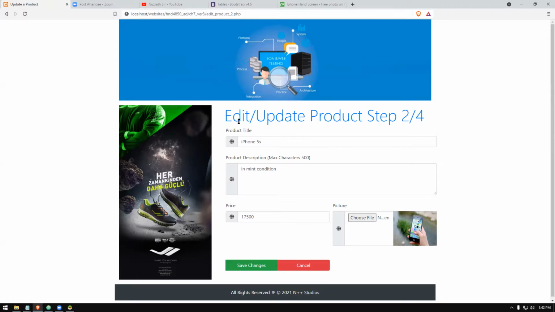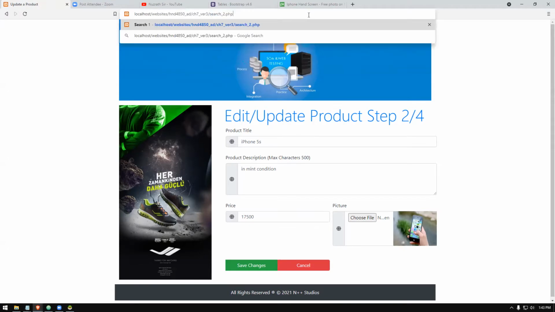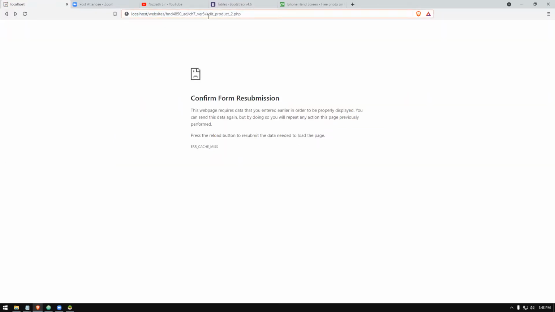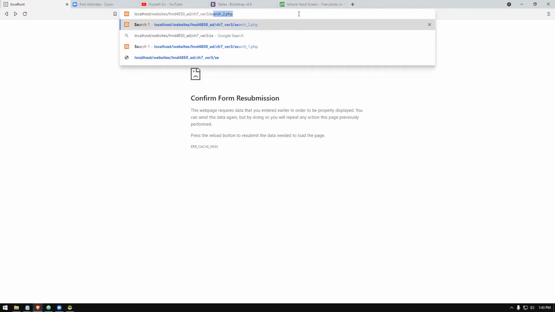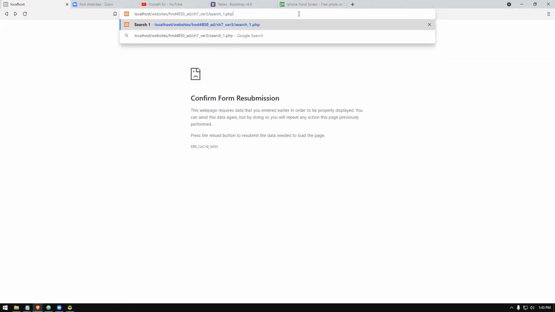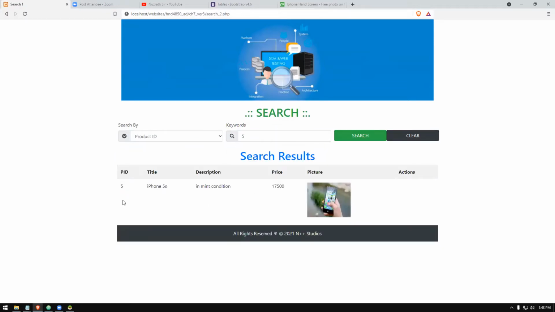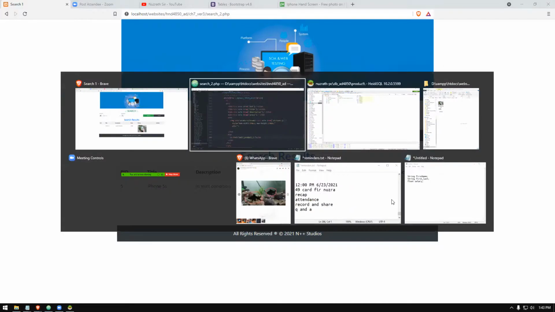So how I'm going to do this is I'm going to make use of this once again. Let's go to the search part. Because if you directly come to the search part, we don't have the values, so there's no chance people will directly come here. They will be coming from edit one, so don't worry about that. This is how they will come. So I'm going to search for product ID 5. So if I come here, then I will be able to edit this one. So let me show how I'm going to do that.